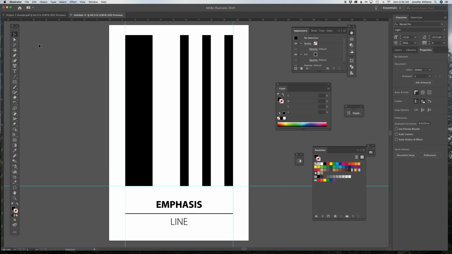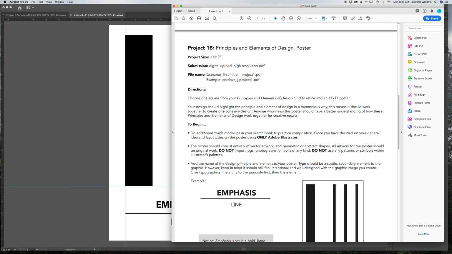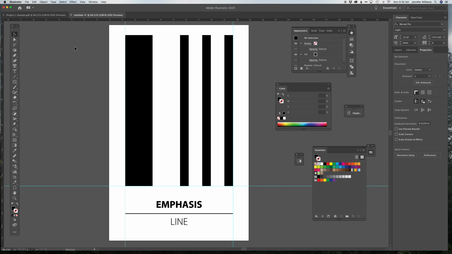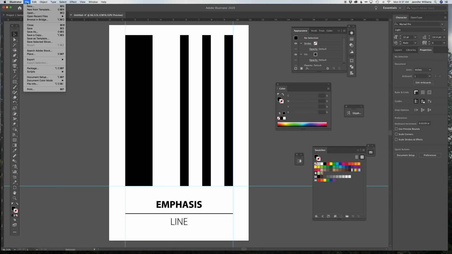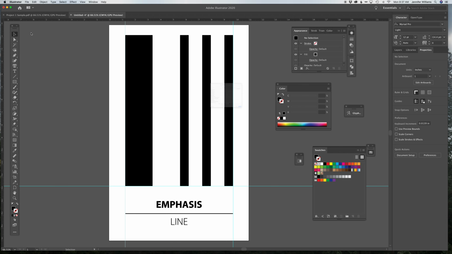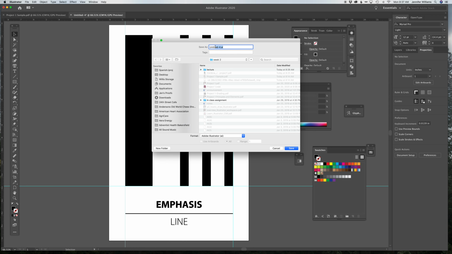So once you've got something like this created, you want to make sure you save it as a PDF. That's in your project guidelines. It says to save it as a PDF. So the way you save Illustrator files as a PDF is really simple. You want to save it as an Illustrator file. If you go to Save As right here, you'll see that it starts off as an AI file. And you'll want to keep it an AI file while you're working on it, but when you're ready to upload your project,